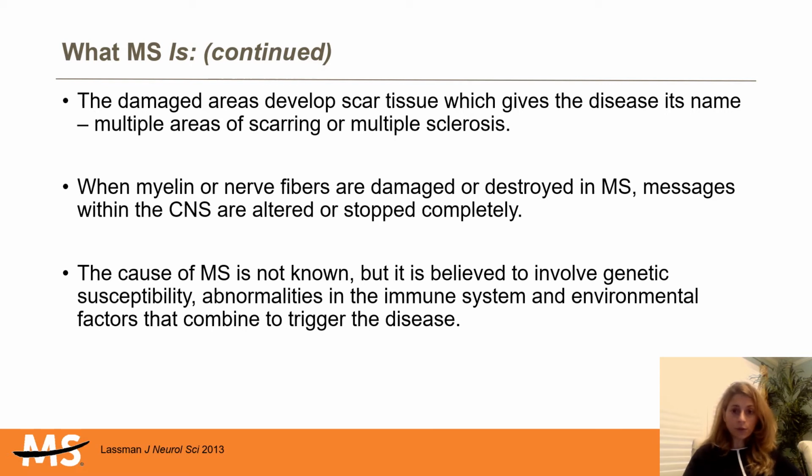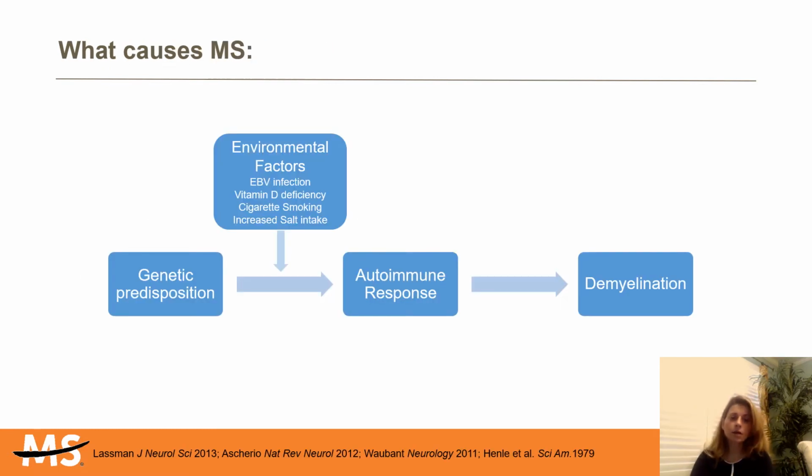So why do people develop MS? We don't really have a clear understanding as to why people develop MS, but we understand that the disease is precipitated basically by a combination of one or more environmental triggers in a genetically susceptible individual. So you'll see that both environmental factors and genetic factors contribute to the development of multiple sclerosis. Research supports a genetic predisposition to MS. Over 200 immune genes are implicated in the risk of MS, which leads to an autoimmune response and demyelination.